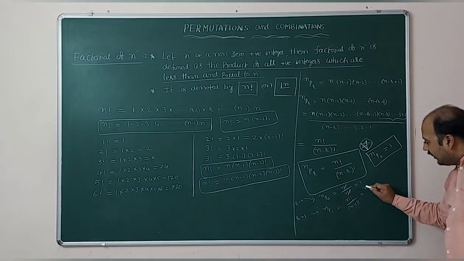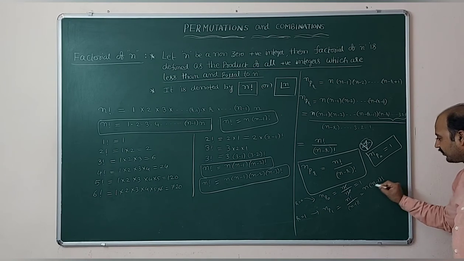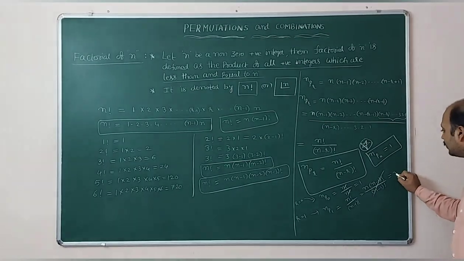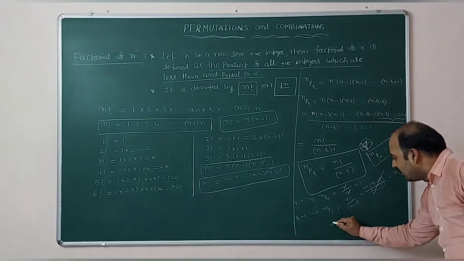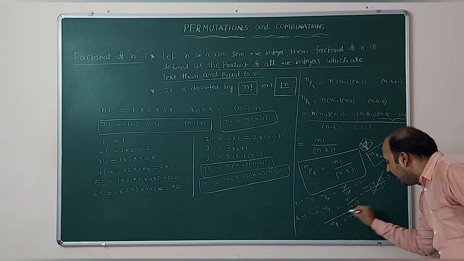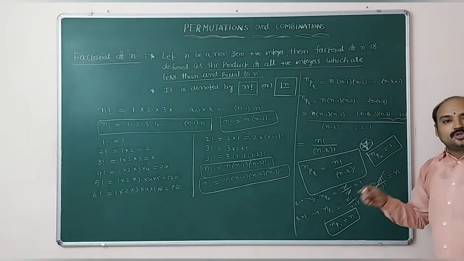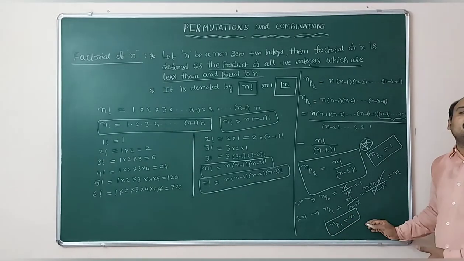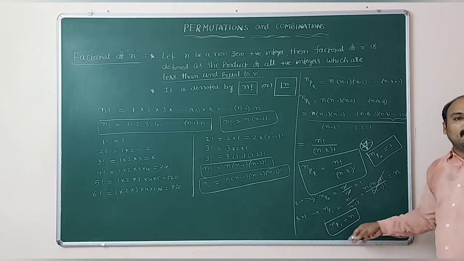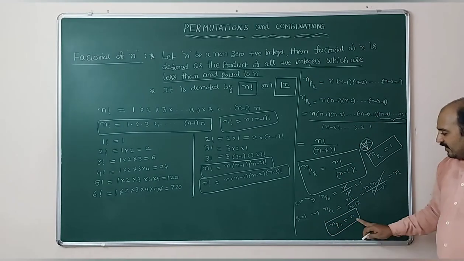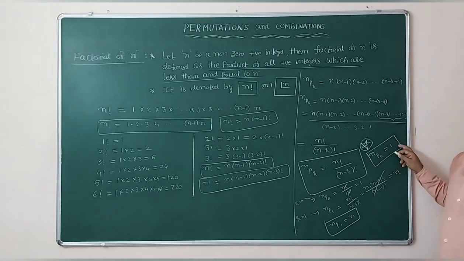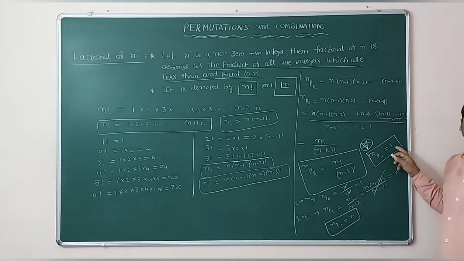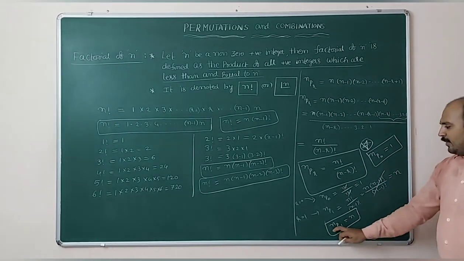Here n factorial can be written as n into n minus 1 factorial divided by n minus 1 factorial. Both n minus 1 factorials will be cancelled, which is equal to n. So now onwards, remember as a result, nP1 is equal to n. In place of n, substitute 3: 3P1, that value is 3. Substitute 6: 6P1, that value is 6. Substitute 5: 5P1 is equal to 5. So nP1 is equal to n, nP0 is equal to 1. For any value of n, suppose in place of n, 1000 is there, the answer is 1: 1000P0, that value is 1. nP1 is equal to n.